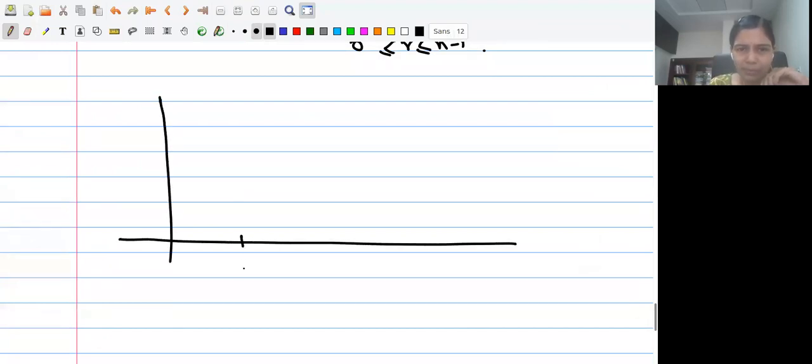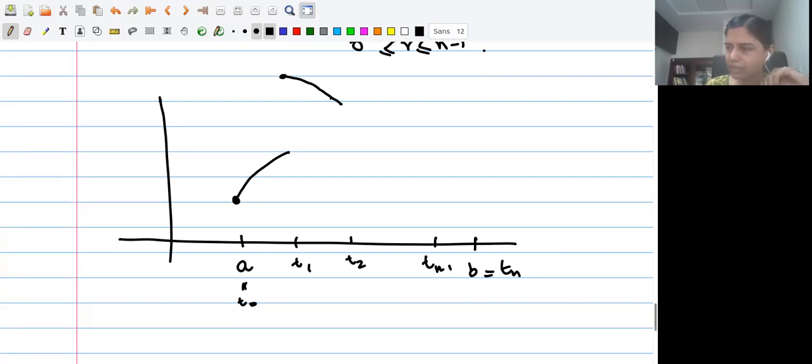So suppose this is my point A, this is my point B. So this is Tn, this is T0, this is T1, this is T2, this is Tn minus 1, right? So I can have something like this. Let me put it here at A, and then I can put it like this on the piece T1, T2, and let's say over here I define it to be this, and then let's say I go like this. Just an example of a piecewise continuous function. I repeat again. Let me just go back to the slide.